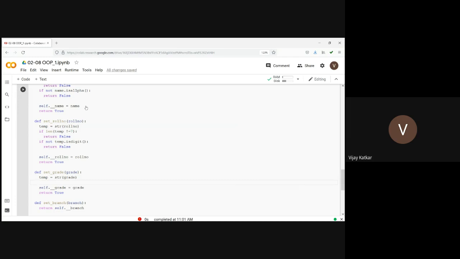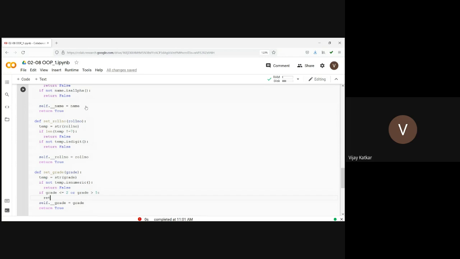Then I check if temp.isnumeric. It must be numeric, am I right? If it is not numeric, I can return false. And the second condition that I can check is if grade is less than 0, or let's say minimum grade should be 2, or grade is greater than 5.